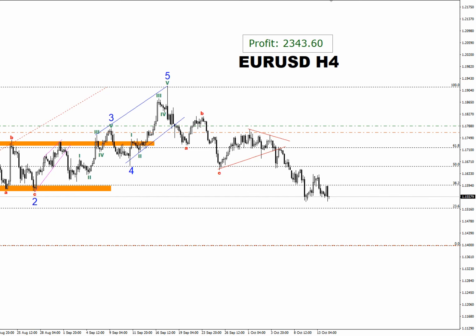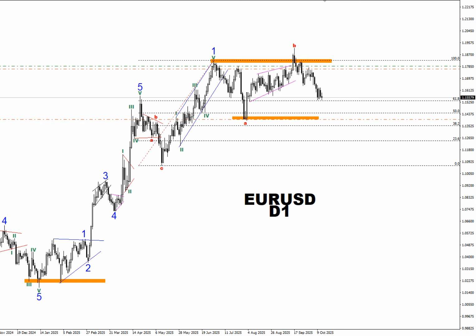So, colleagues, today is Tuesday, the start of the trading week, and let's look at the market from a wave analysis perspective. Let's start with the first instrument, the euro-dollar currency pair. For the euro-dollar currency pair, we are observing a clear upward trend forming here, followed by a sequence of waves